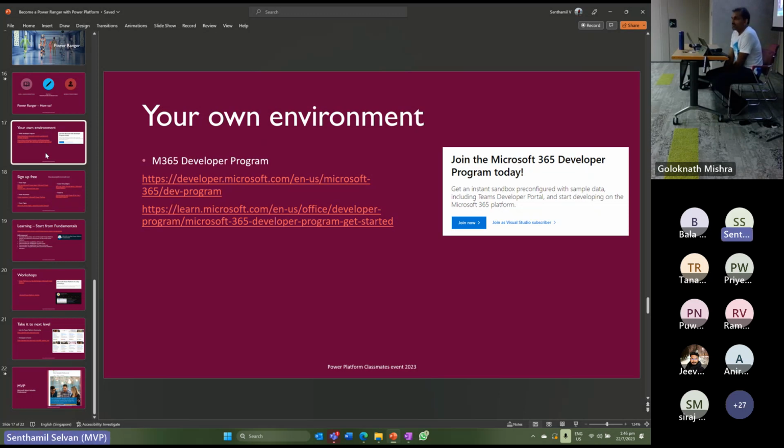Anything to do with Dataverse is a hard sell with Power Apps and Power Automate. If you have D365 experience, that is ultimate. You're a star. D365 is coming up for enterprise customers. Why D365? Because you need functional knowledge, not just Dataverse. Dataverse is easy to learn, it's just SQL. But you should have functional knowledge.